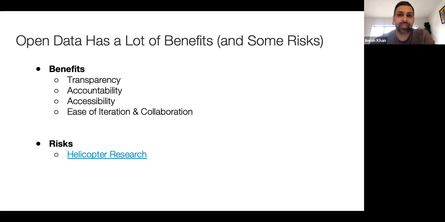A lot of those ethical considerations, if not handled appropriately, if not handled responsibly, can lead to a ton of risk. This idea of helicopter research, that you're accessing some data set for some country out there in the world, and then just using that data to provide some type of analysis without any context for where that data comes from, who's collecting that data, without any reference to the researchers and the surveyors that worked to actually collect this data. Without that context, sometimes the use of open data may not be very helpful. It may not be very relevant. It may not be very useful.